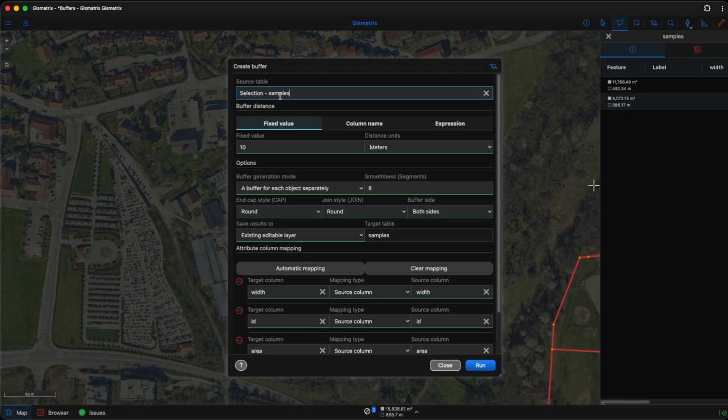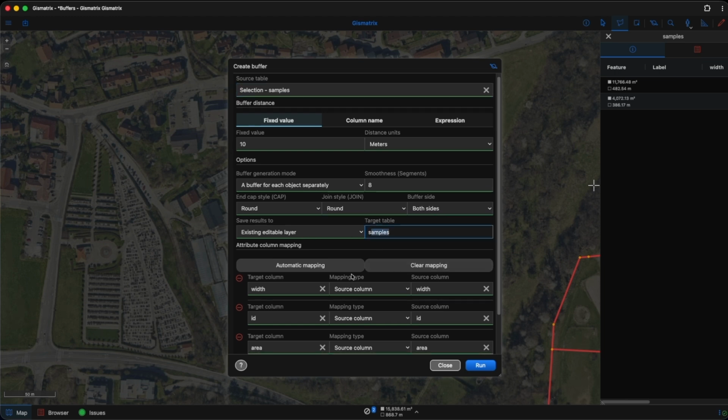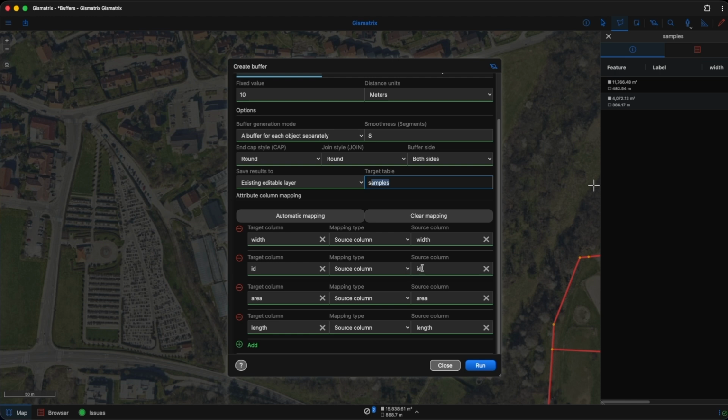Click on the Create Buffer tool. This source table is automatically populated with our selection. We'll set the buffer distance to a fixed value of 10 meters. We leave the buffer generation mode as a buffer for each object separately and save the results to an existing